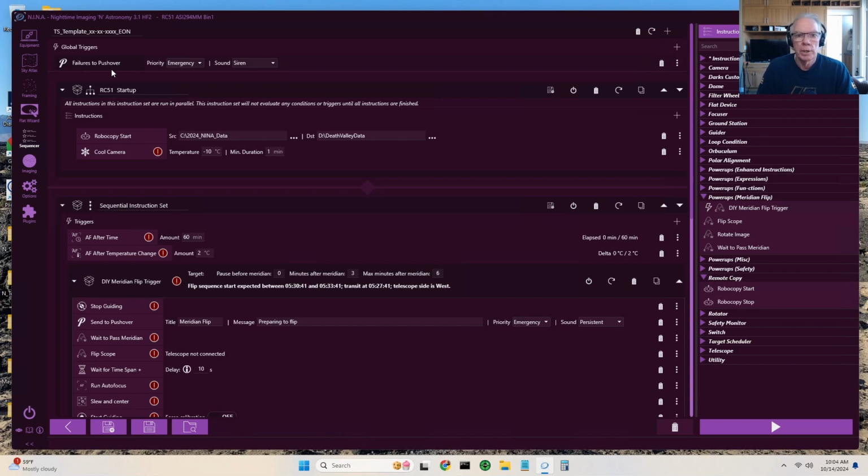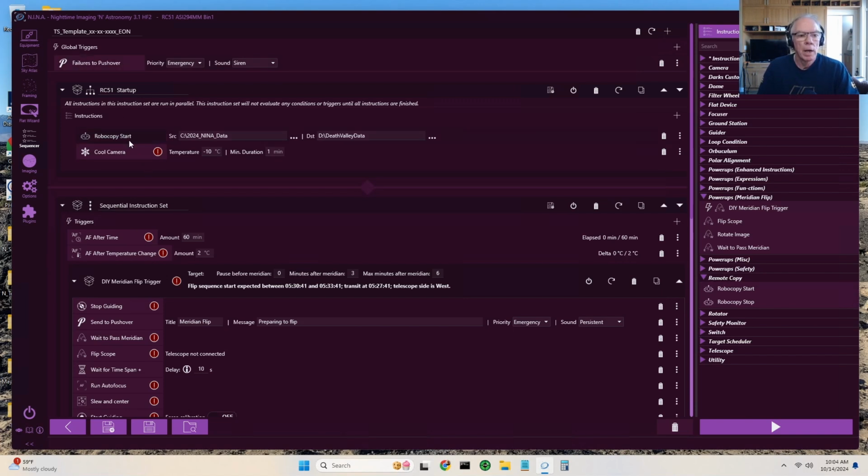What it does is it allows me to build into my sequence places where I want to receive a notification, including if there's any failures, I want to be alerted with the priority emergency, and it'll play a siren sound. Elsewhere, it may just ring a gong because it's not an emergency. So I start with failures to Pushover,